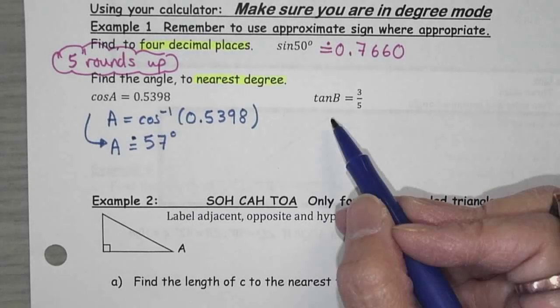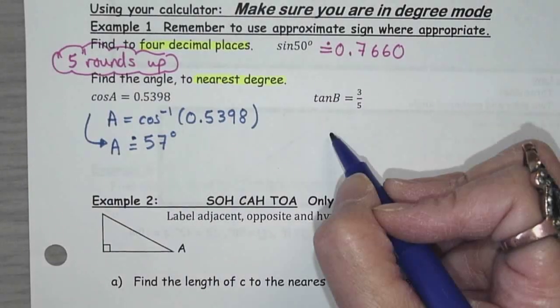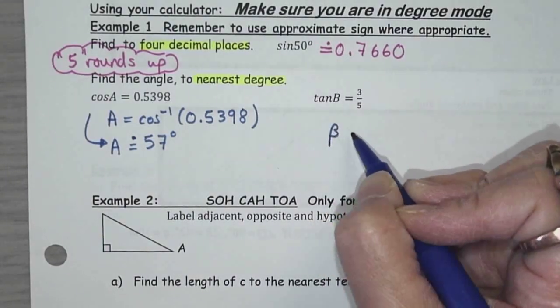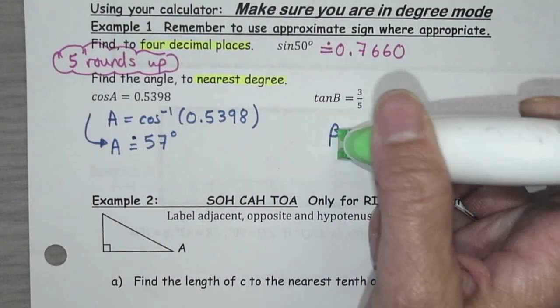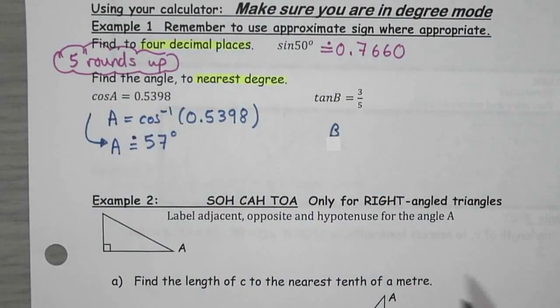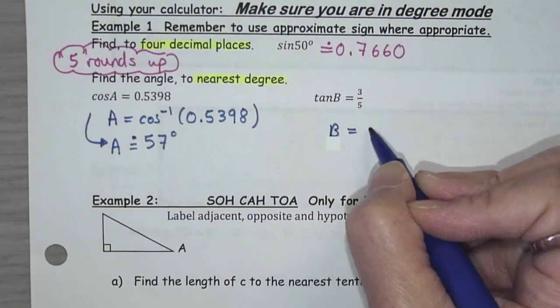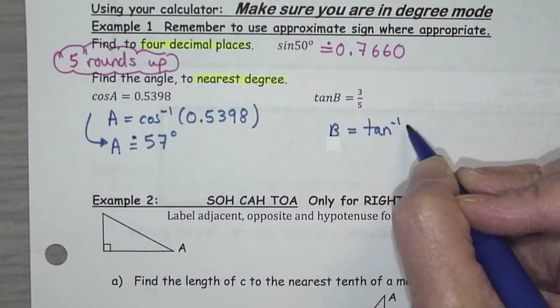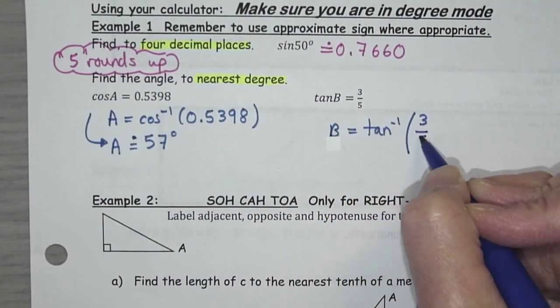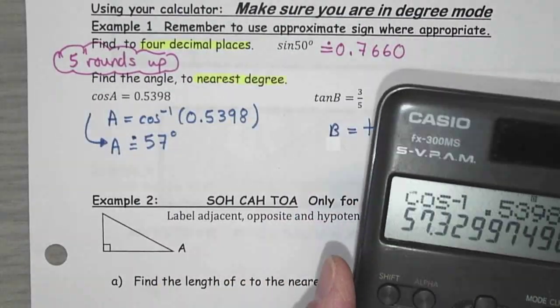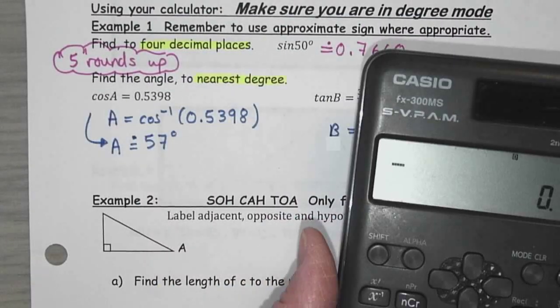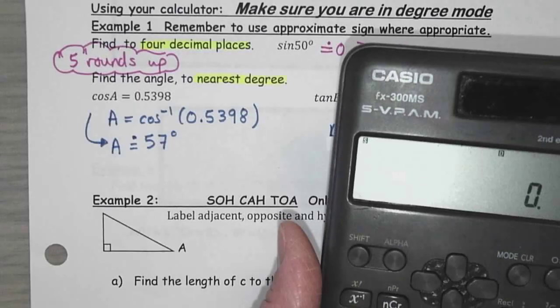All right. What if it's a fraction form? Same thing. So B, oh sorry, that's not beta, it's just a B. I'm used to grade 12, we're doing beta. So B equals, and it's tan inverse there, and you need a bracket. So a lot of your calculators will need a bracket. If you don't do it, you get a different answer, I'm pretty sure, because it doesn't know where the bracket